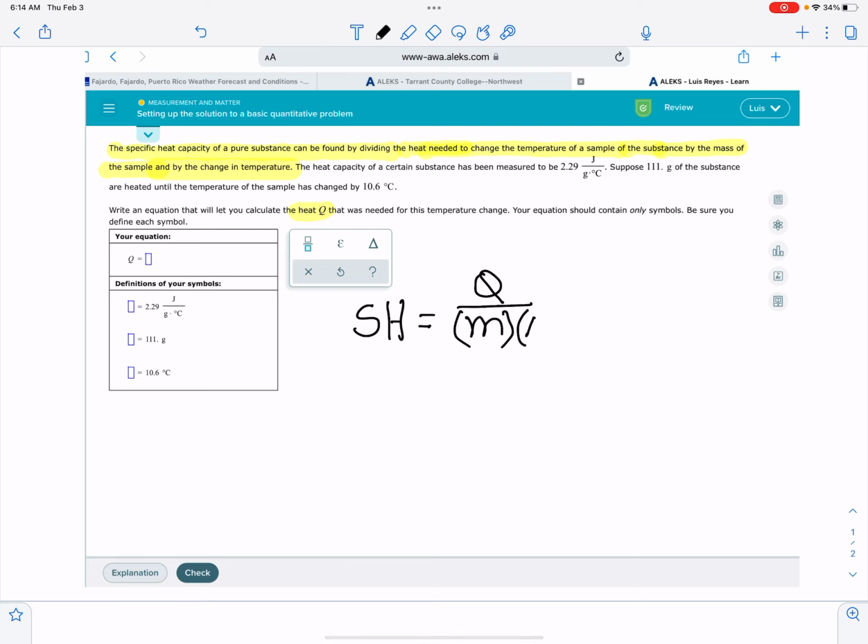I usually use the triangle, delta, to denote change in something, so change in temperature. So that's the formula we can use. The specific heat equals the heat needed divided by the mass of the sample and divided by the change in temperature. So to answer the first question,